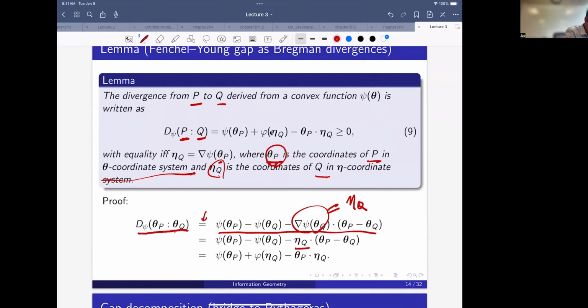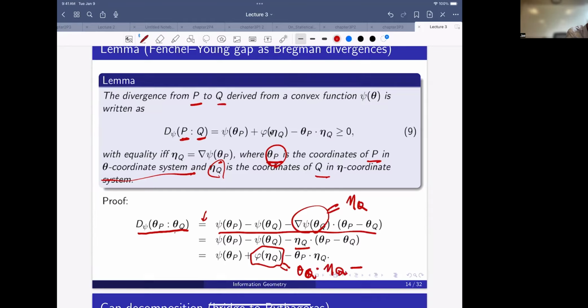So that means we can write theta Q, eta Q. The order doesn't make a difference, but to be more rigorous, theta Q, eta Q